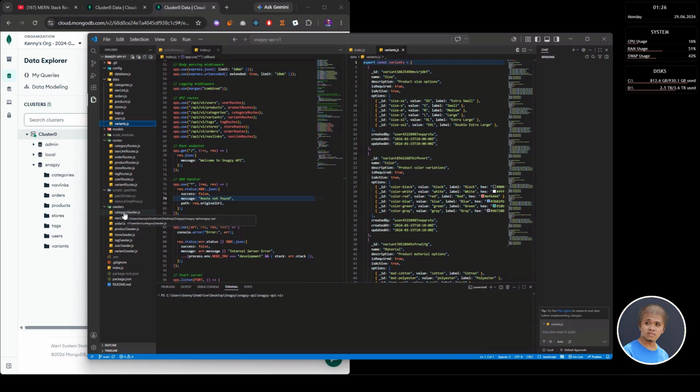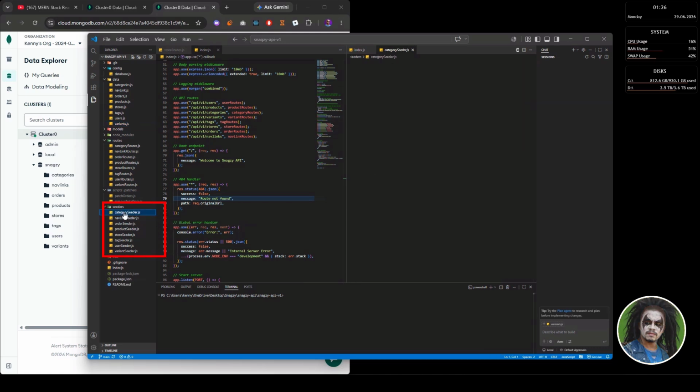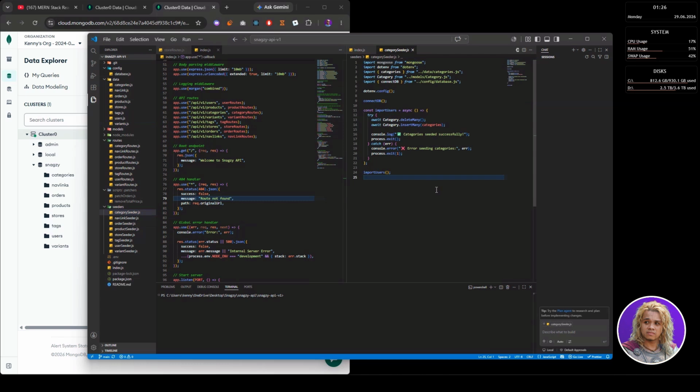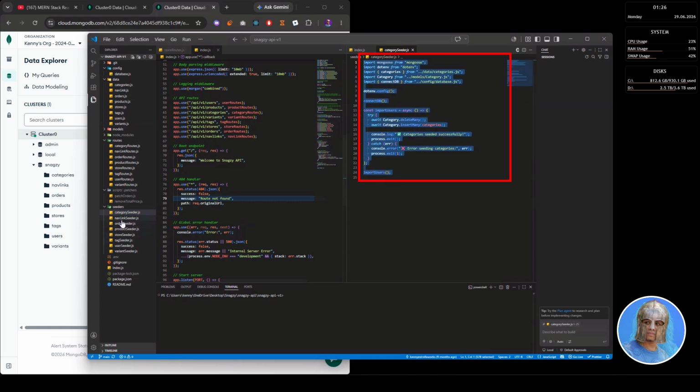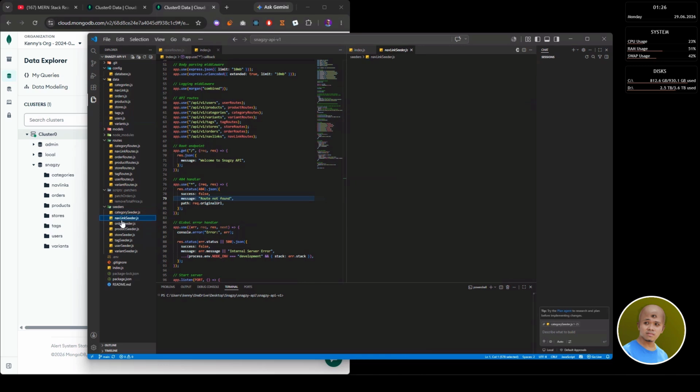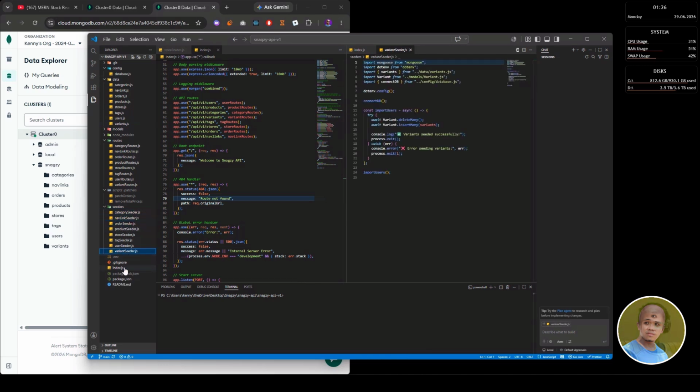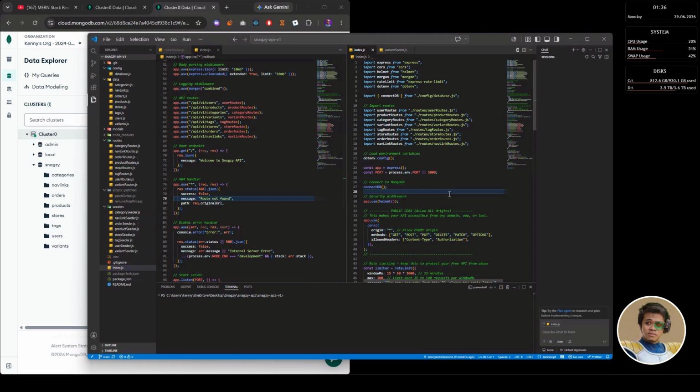Each of these files has a corresponding seeder file that allows us to push those mock data to the MongoDB database. For categories.js, we have categorySeeder.js, and when this script is executed, it will populate the categories document at the MongoDB database with the mock data from categories.js. Again, with the help of DeepSeek, creating the seeder files was quick. The same with the rest of the files, they are all pushed to the MongoDB database by their seeder files.